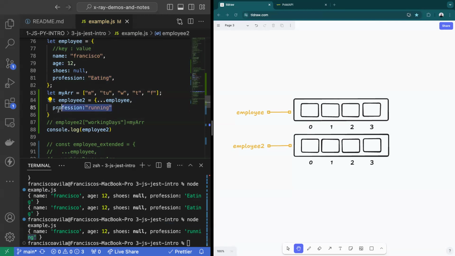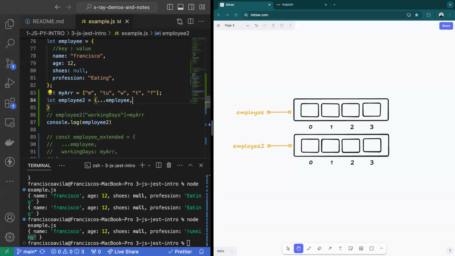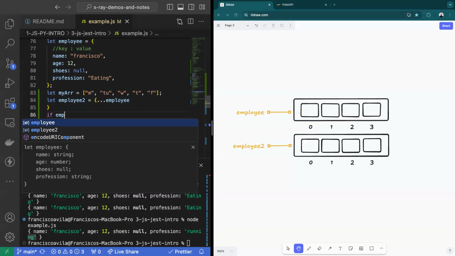So this is as simple as saying, if I want the profession to change, then I should include it when I establish the variable. If I don't want the profession to change, then I shouldn't include it. Or I could handle this as separate behavior in an if and else conditional statement down below for 86. So maybe I'm going to create a copy here, and maybe I can say if employee